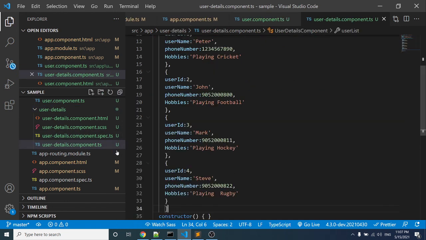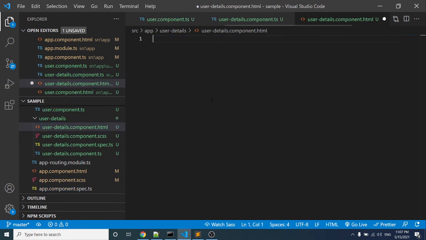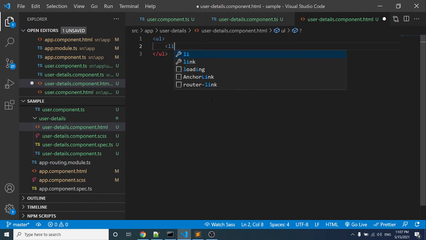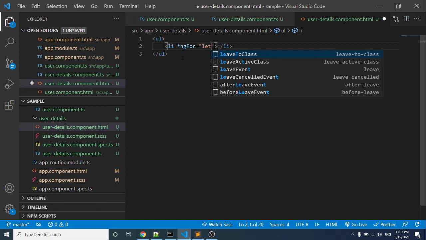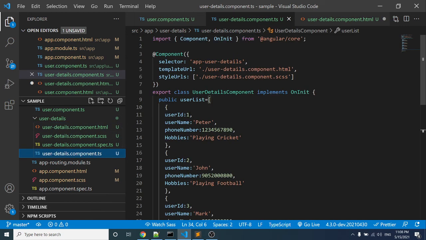Let's do the same thing inside the user details component. In this one, we will be displaying the username along with user ID and phone number. Use the structural directive for looping and take the local variable user of userList. Let's copy the property.